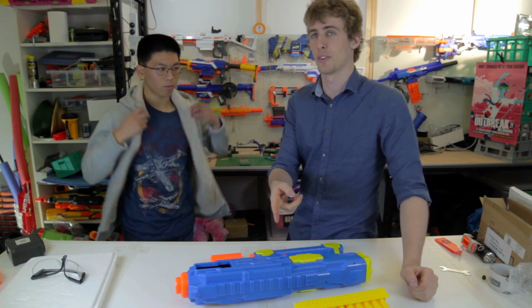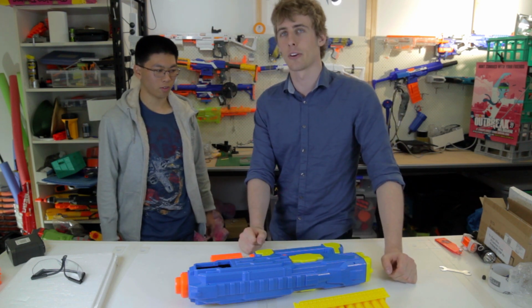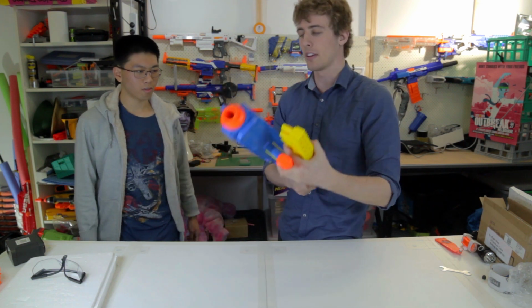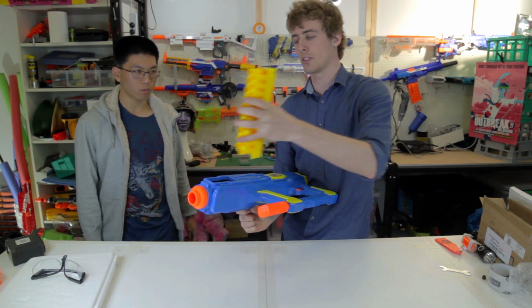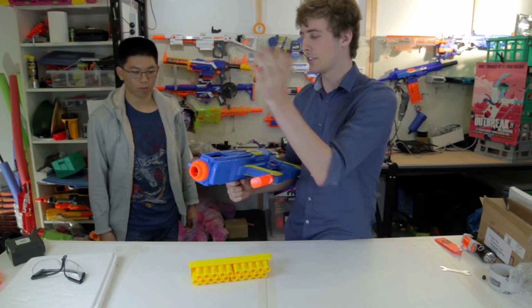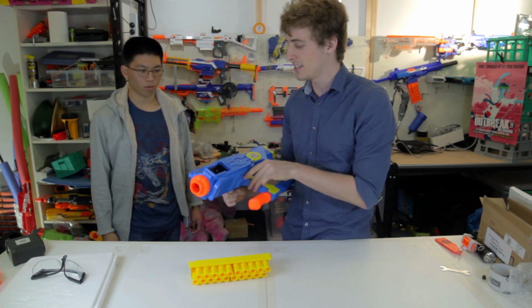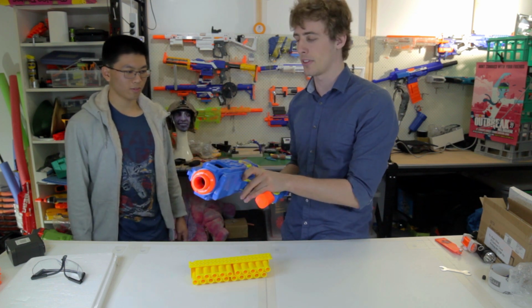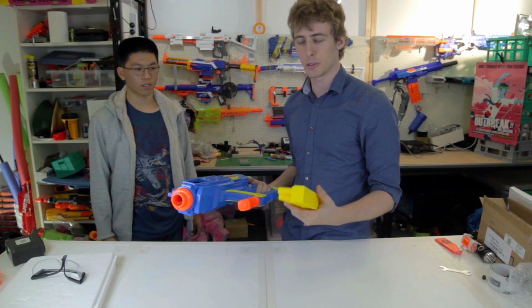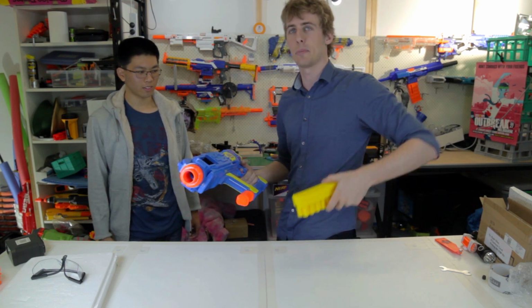This is a great candidate for either a HPA or an LPA system, I reckon, because if you have it like this, you can have a top-loading system where you just fire 20 shots, and then this will just drop out the bottom, and then you just slap another one in the top. This would be fantastic for HVZ with an LPA setup. So if these come separate, I will probably buy 20 of them, just have them in a pouch and just...